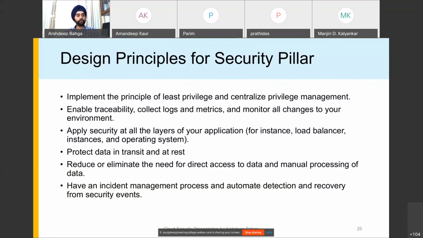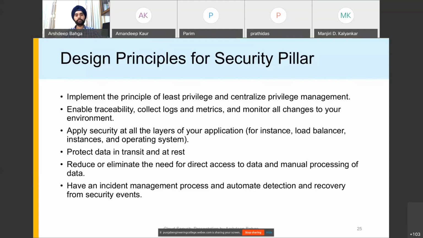Let's say you want users to access your application. They should be granted only the least amount of privileges required. So you should not open access to the entire database or provide them unlimited access to your cloud storage. They should be assigned only the least privileges possible so that they can interact with the application.